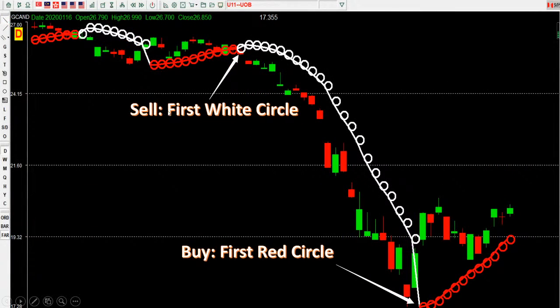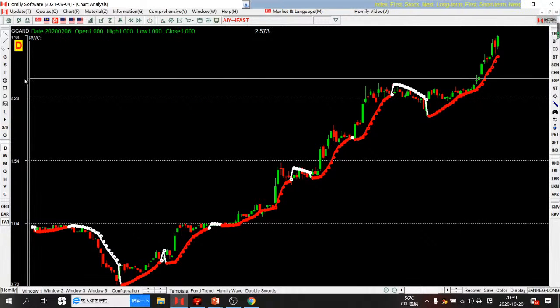Because you can use the red and white circle to buy and sell early. The first white circle will be the sell point, right? The first red circle can be the buy point. Okay. So with the knowledge we just learned, we know the red circle can be support of the uptrend. So when it has any correction near the red circle, that could be a buy point. So for example, iFast,